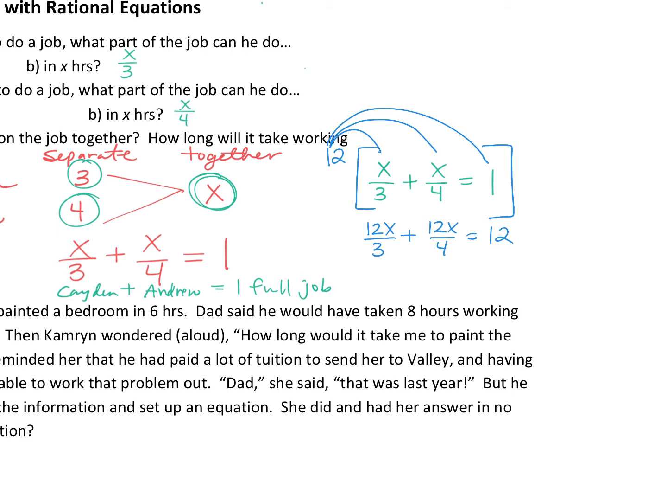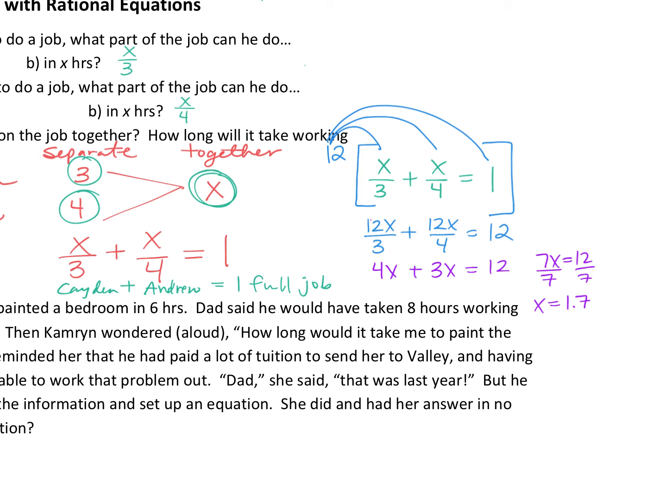Okay, and from here, just do the algebra. 12 over 3 is 4x. 12 over 4, that's 3x, equals 12. So 4x plus 3x equals 12, or 7x equals 12. So we're just going to divide by 7. And x comes out to, if you plug that in,